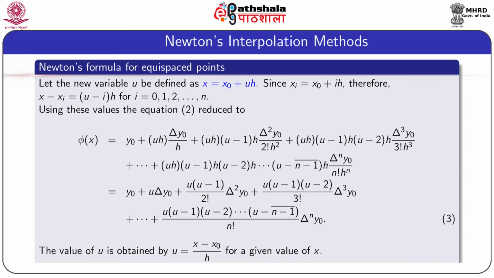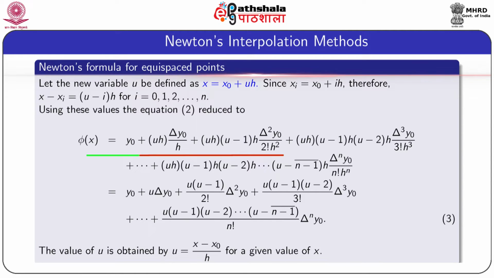So, for simplification we use a new variable u, defined as x equal to x0 plus uh. Since the arguments are equispaced, we can write xi equal to x0 plus ih. Therefore, x minus xi equal to u minus i into h, and this is true for all i equal to 0 to n. So, using this notation, the above expression reduces to this one, phi x equal to y0 plus